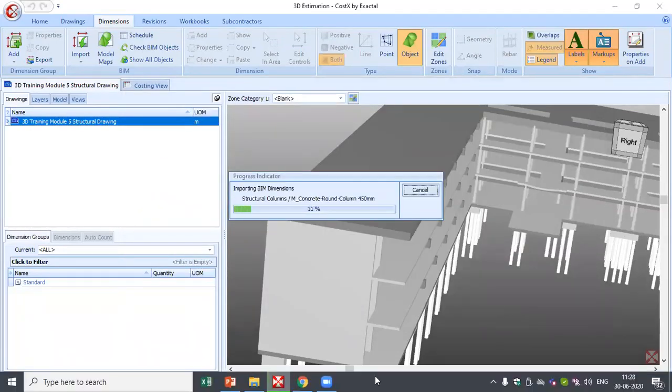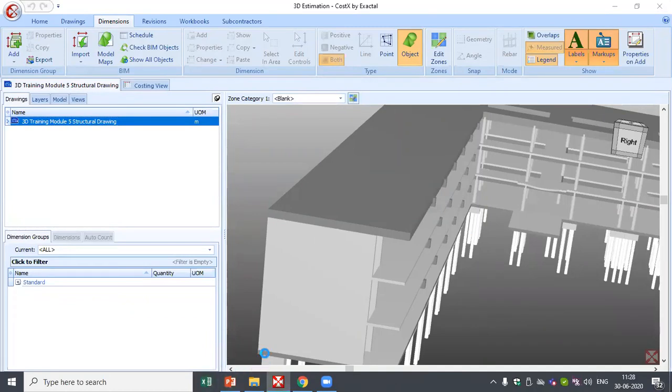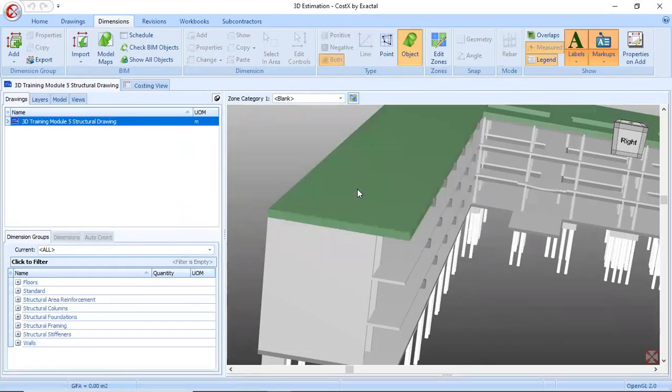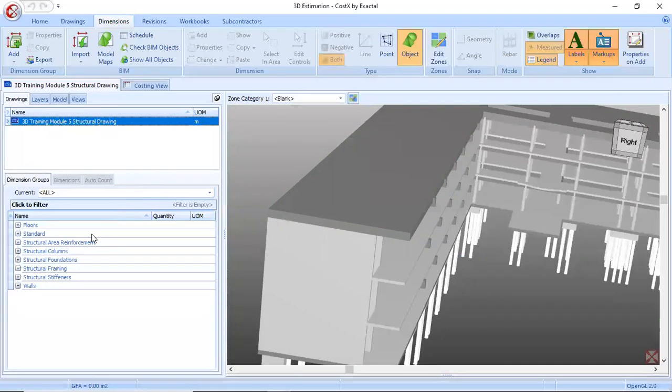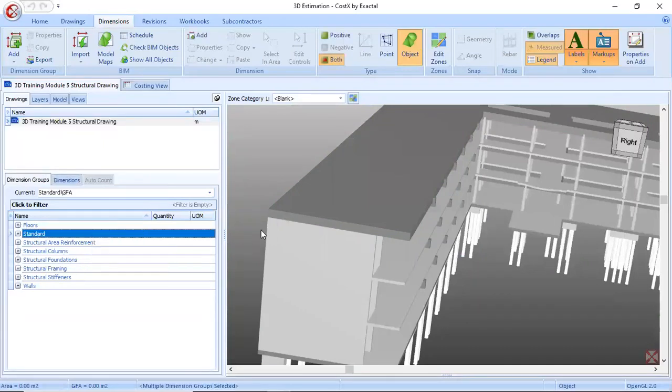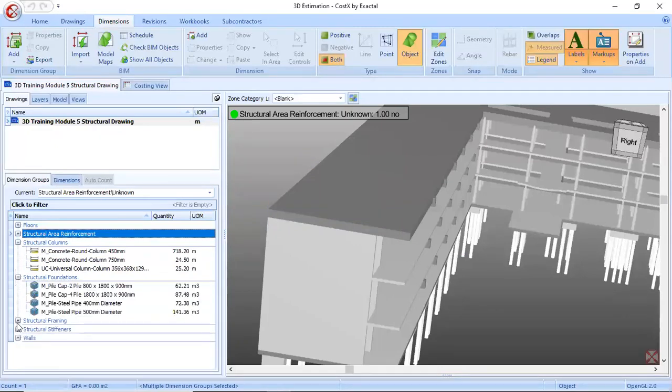So now quantities are being extracted inside Costex. It is almost completed. So now our quantities are extracted here automatically. Say you can see columns, foundation.